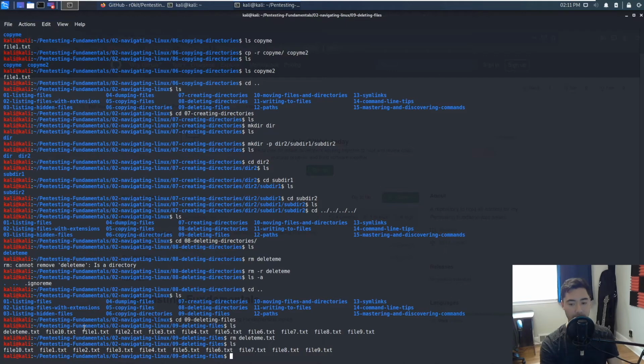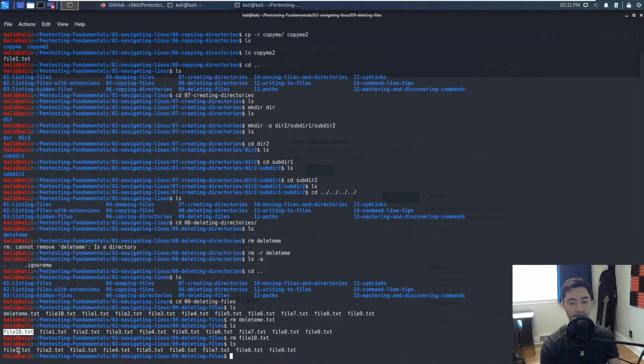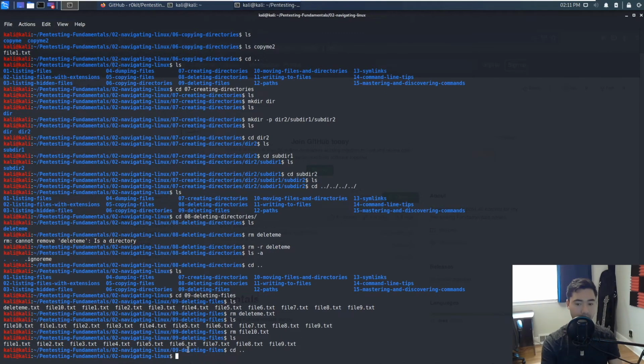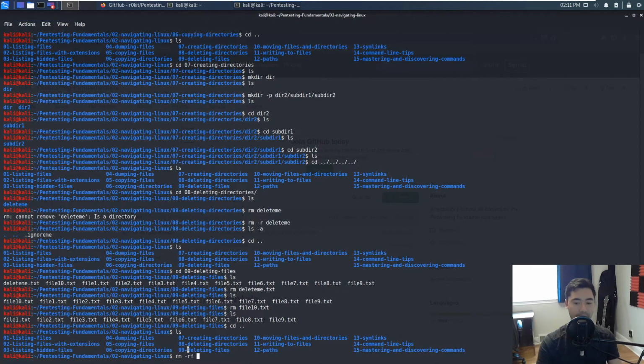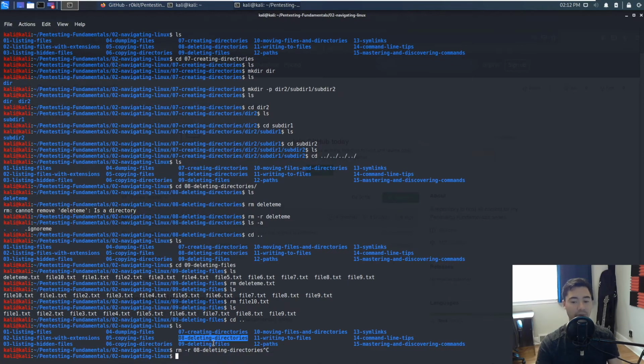Similarly, we could also run rm file10.txt and delete that as well, and it's gone. But this is pretty tedious. So what if you want to purge all these? Well, for one, you could just go back up a directory with cd .. and then rm -rf, deleting directories right here. The -r means recurse, f is force. You could even just go rm -r, deleting directories, but we're going to do it differently because we want to go